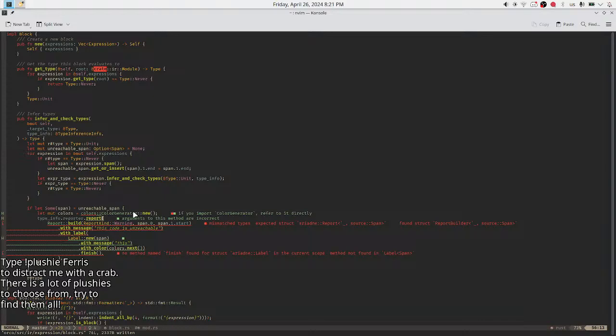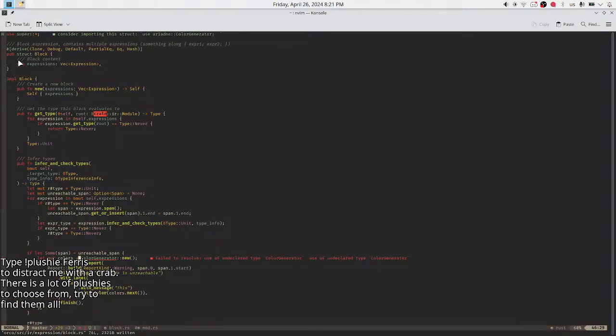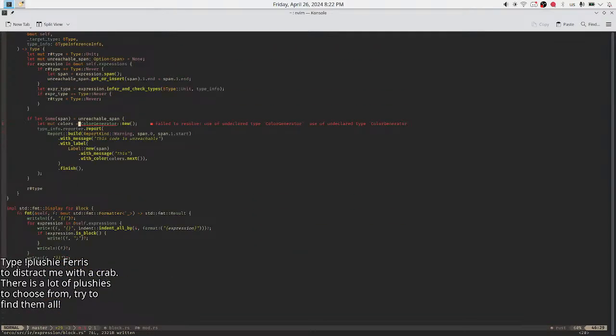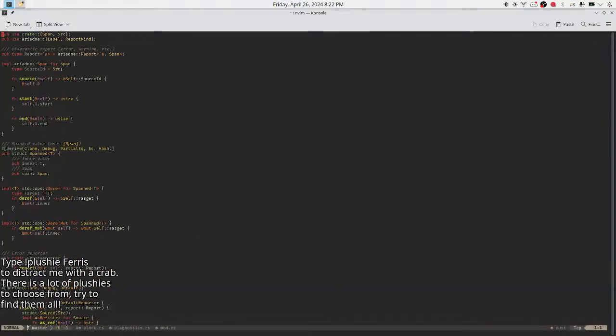Okay, report span, phone report builder. Oh, finish should be here. Wait, color generator. Didn't I? Should I import? I should import it. Diagnostics.